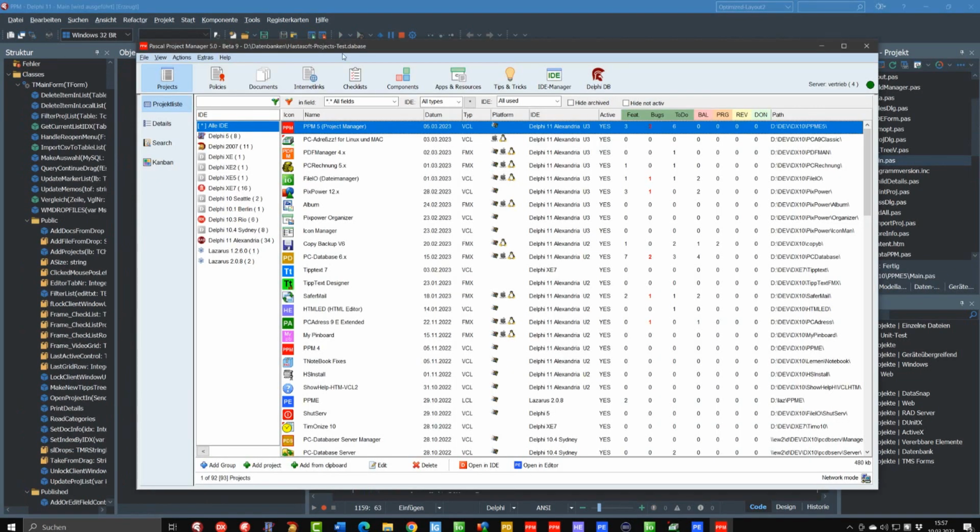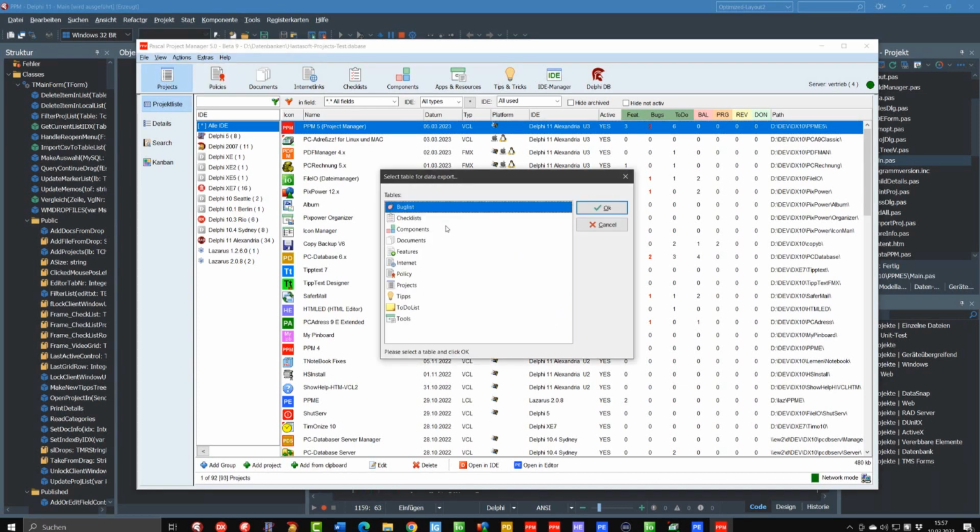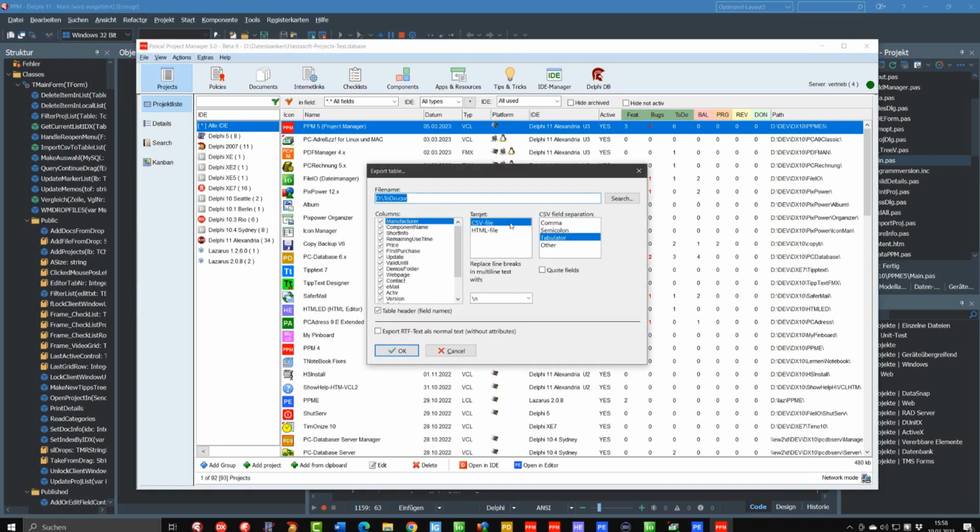But so now I have integrated this functionality, and under menu actions I select export list, and in this dialog we can select the tables that we want to export. We started here with a components list, and in this dialog you can choose the fields and give them a name for the export file. And as a standard, the n/ is activated because we have one field or more with multi-line text in it, and so we can